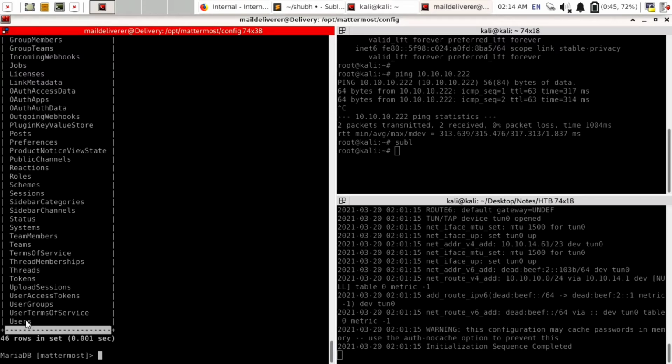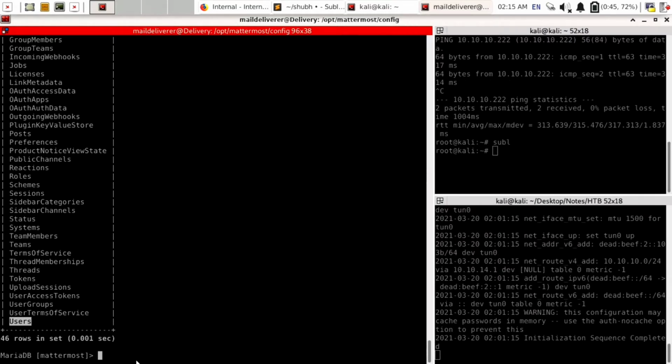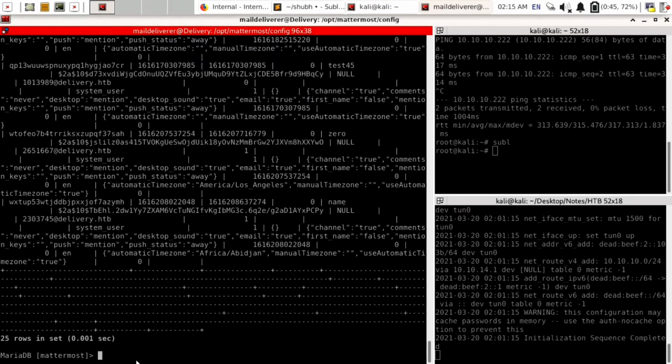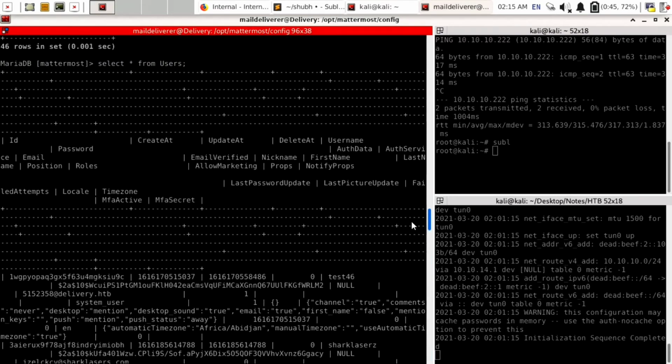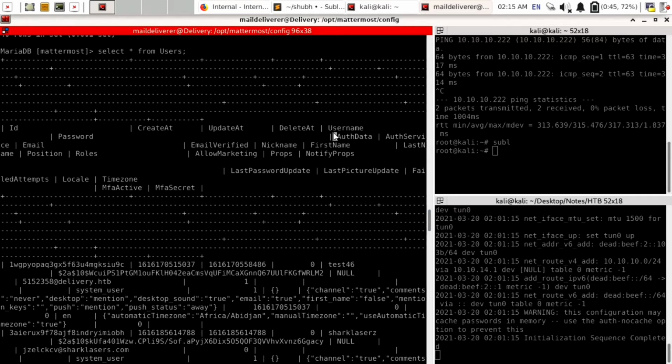There is one table called users. I think this table should contain information about users and passwords. So simply select everything from this. To display everything, we will use the command select star from, star means all, it will display everything, users and semicolon. After entering this, we can see this is very unsorted data. We are not able to read anything, and this table contains username and many things: first name, last password